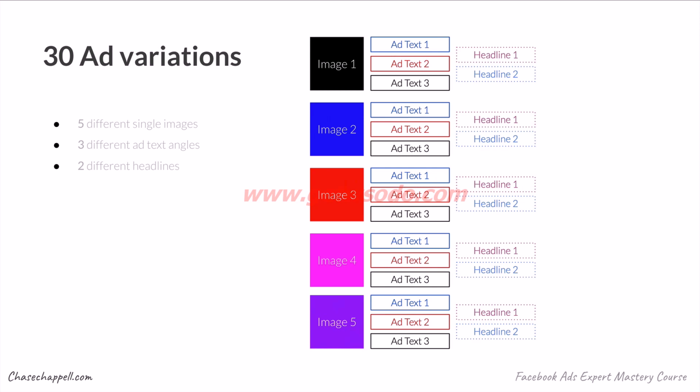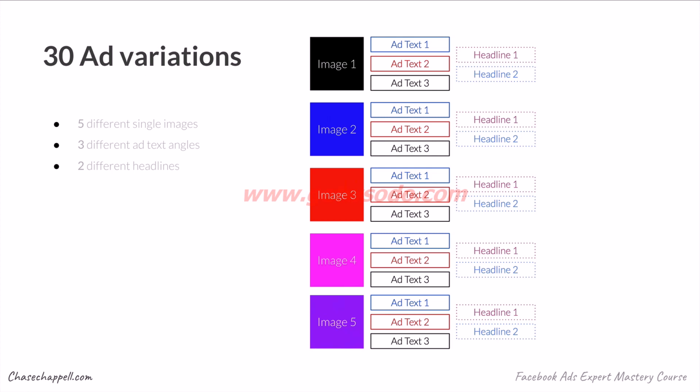We don't want similar text in each angle. First, we want to have 3 very different angles to begin with. The reason is we need to see which approach is going to work best with your messaging. So you could test an emotional text, which strikes a response with someone emotionally, or you could test educational, which might teach someone something or informs them about the product or service you offer. And then you could also test something that highlights competitiveness in your ad angle. It's up to you on the angles you decide to come up with, but we need to make sure that